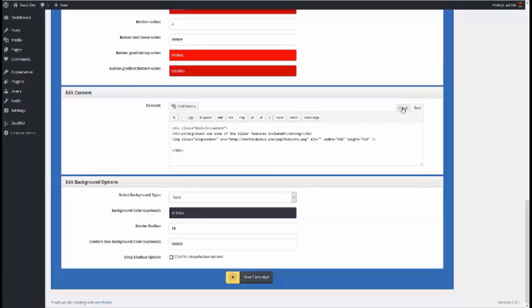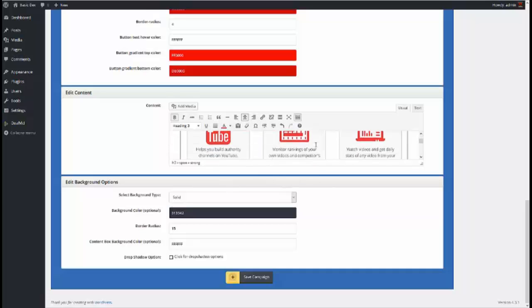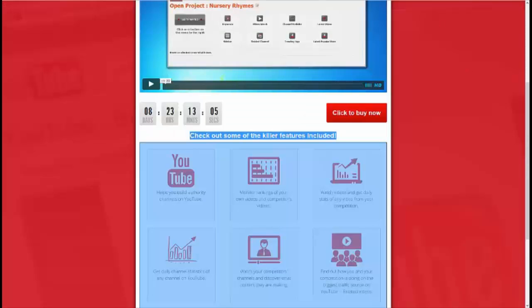So I've got, it's grabbed an image there from another page just by way of demo. I'm going to make this red text and center it, and the image as well. We're going to leave that centered, and I'm going to save it now. Go back out to the front end here. So I preview it,